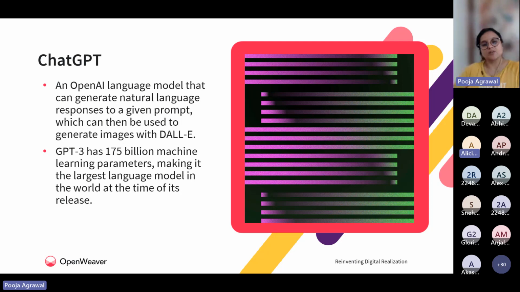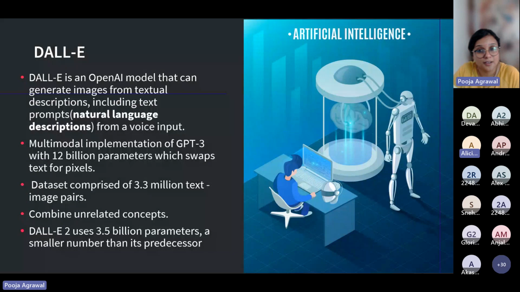So this was trained on GPT-3 with 175 billion machine learning parameters. That is something which is making it most magnificent throughout the world. If you look at the learning parameters, there has never been any other model before this that has had parameters as big as this.